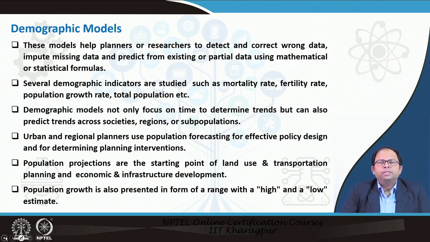That means when we are doing a land use transportation plan for an urban area, we need to first ascertain what is going to be the future population, and this future population has to be determined not only for the total population, but also for each individual population subgroup, which, as discussed in the previous lecture, could be a 2-dimensional one, 3-dimensional one or so on. That means we need to have subcategories, for example a population group of a certain income category belonging to a particular gender and a particular age group can be a small population subgroup.